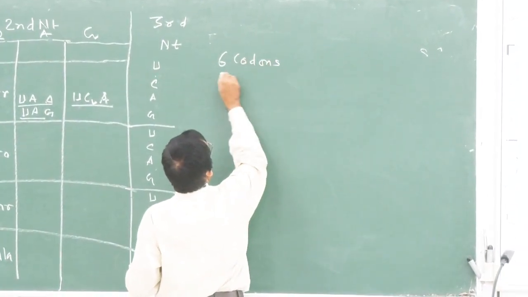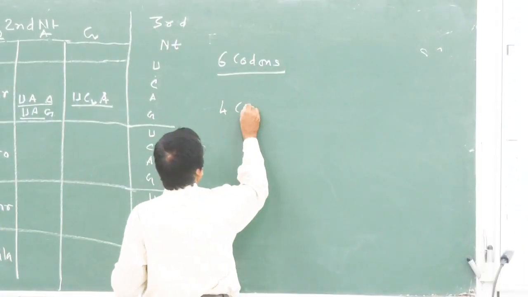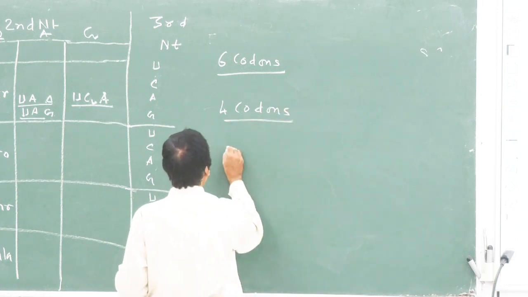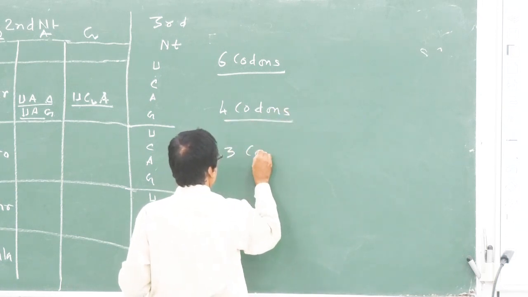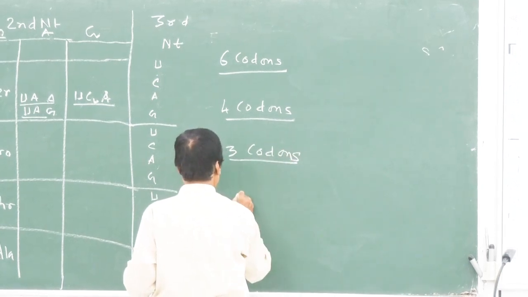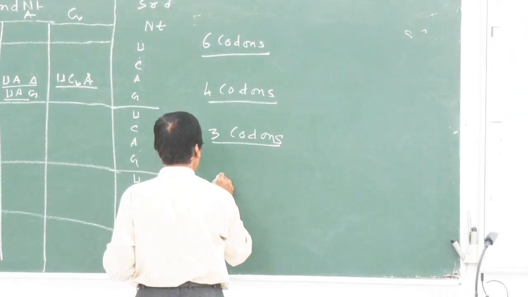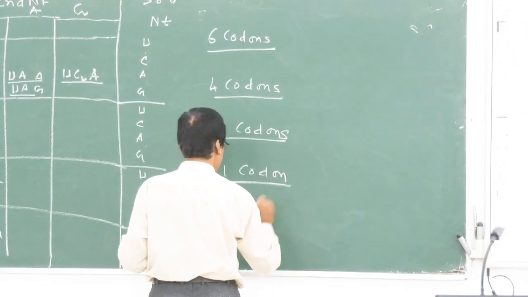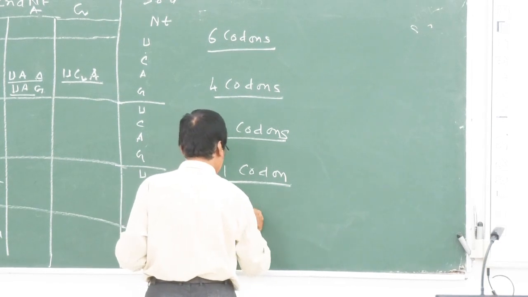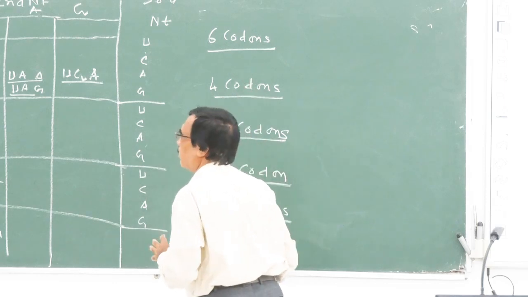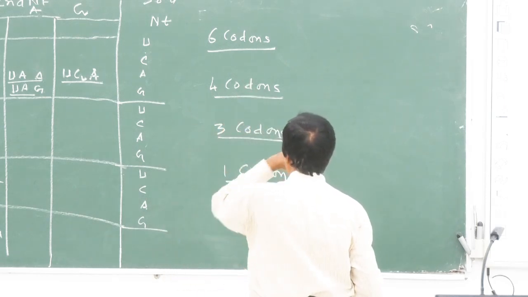হতে পারে, 4 কোডনস হতে পারে, 3 কোডনস হতে পারে। ফর ইচ অ্যামিনো অ্যাসিড 1 কোডন হতে পারে, আবার 2 কোডনস হতে পারে। ফর ইচ অ্যামিনো অ্যাসিড 6 কোডনস দরকার হতে পারে।